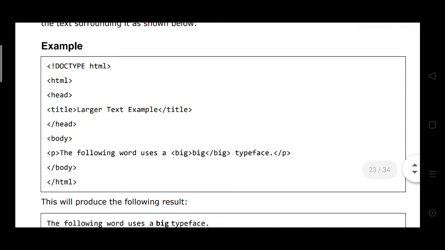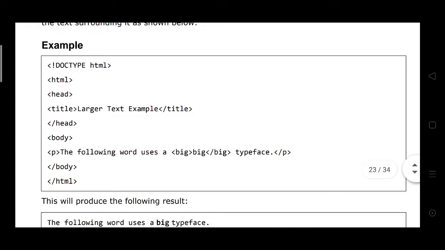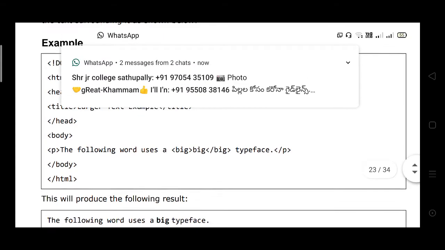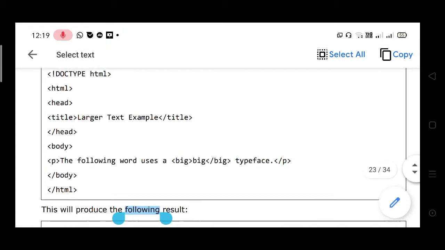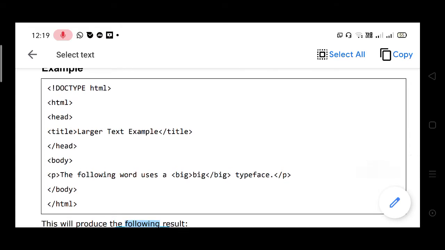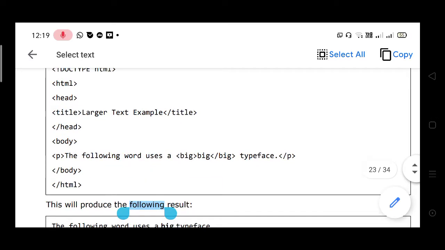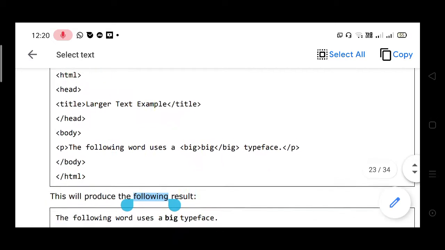Here is the example program: doctype HTML, then HTML, head, title, largest text example, title close and head close.